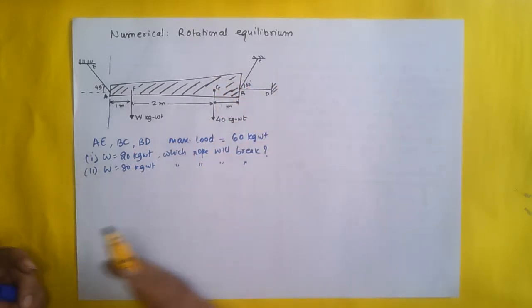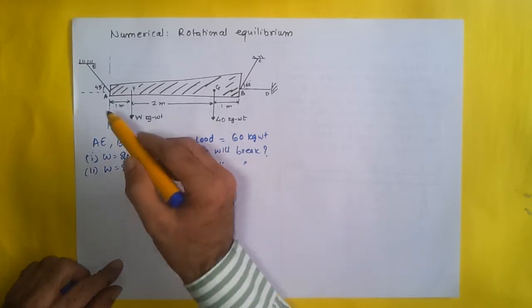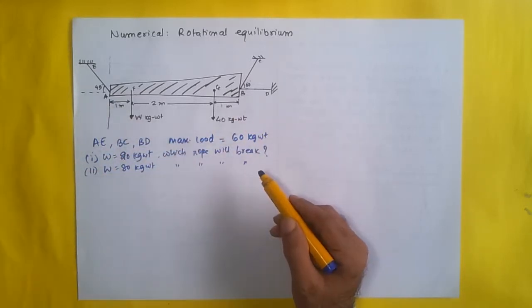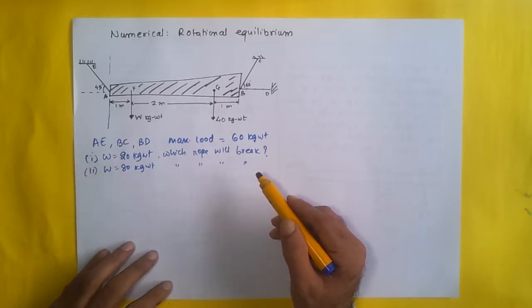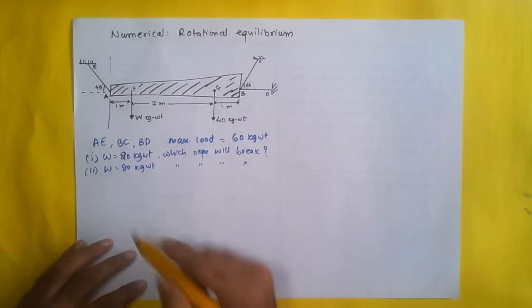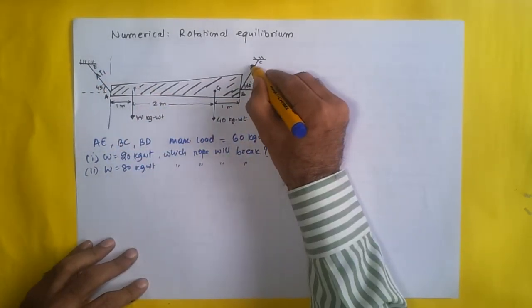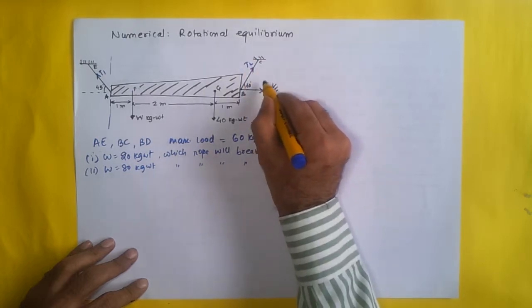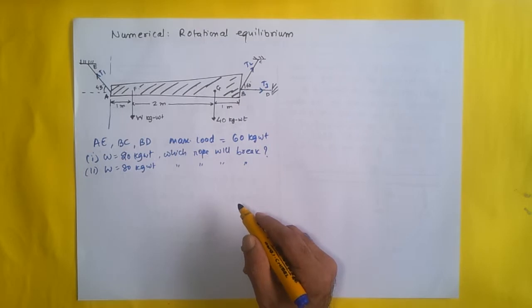So what we'll do is we'll take up any 2 points as axis of rotation, and then try to find out the values of tensions in the rope. So if you want to find out whether a rope will break or not, we should get an idea about the tension in the rope. So let us say the tension in this rope is T1, and the tension in this rope is, say, T2, and the tension in this rope is T3. So I will have to get an idea about these tensions, T1, T2, and basically what we have to find out is which one of these, T1 or T2, will break.